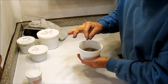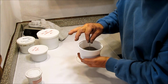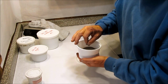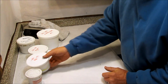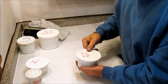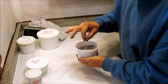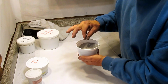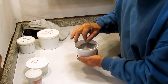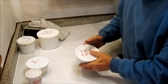I have some minus 40 mesh ferrotitanium. There's nothing in here larger than 40 mesh. It's a pretty fine powder. I can feel the bits between my fingers. But this is minus 40 mesh down to some really fine stuff. I know that this makes really nice sparks. I have 30 to 60 mesh magnalium. This is a coarser product. It's also lighter. It's less dense. This is a slightly coarser product, nothing larger than 30 mesh on down to 60